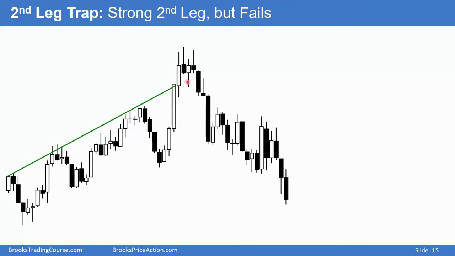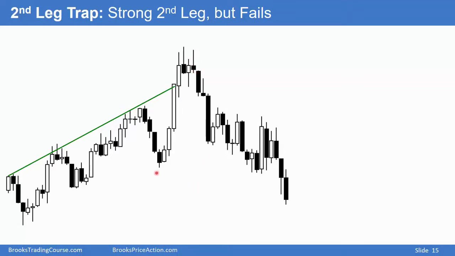Here's the first failed breakout above the top of the channel, and this is the second one. Most bulls would get out below this bar, and the result is a give up bar here or here, and bears will sell below this bar. Not many bears will sell here after this much strength. Once the breakout fails a second time, a lot of bears will start selling, and this is an example of